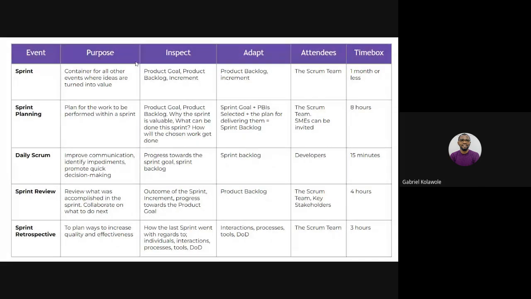So right there in this sprint, what are the things you look at? You inspect your product goal. So what is this product aiming to achieve? Let's say, for example, you want to build a website that can help everybody here learn about Scrum. Now, the purpose or the goal of that website, the product you are trying to build, is to create a platform that helps people learn or become Scrum Masters. That is the goal of that product.